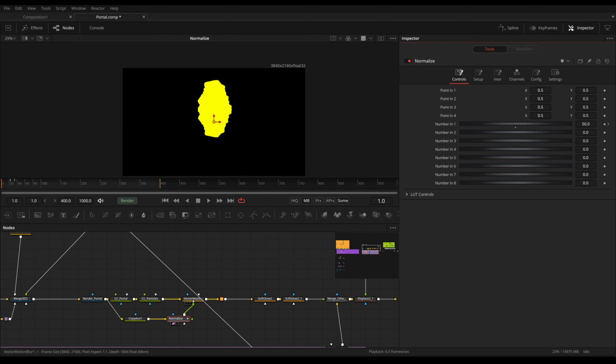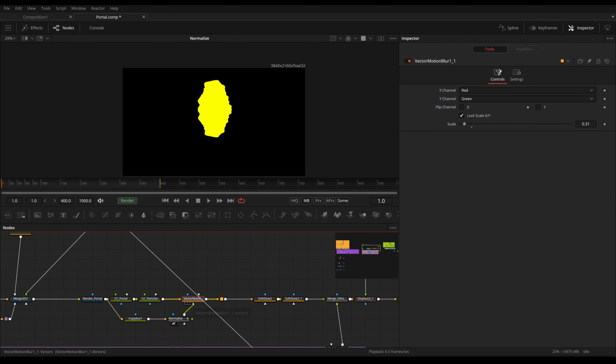And then I plugged that into the vector motion blur, changing this to red and green, and now I have this very good looking motion blur without any outliers or pixels that are destroying the whole look for a single frame or are flickering. In most cases, you don't need to do this, but in this case, it was necessary.